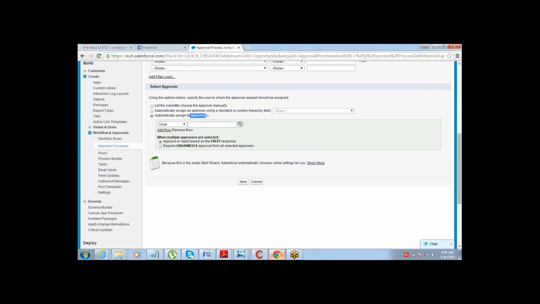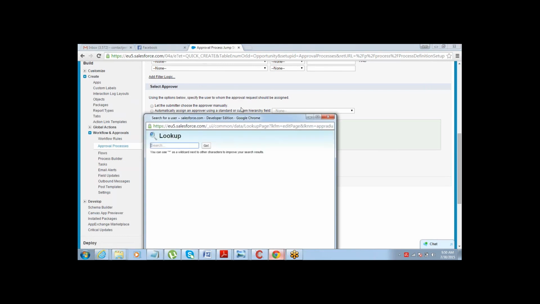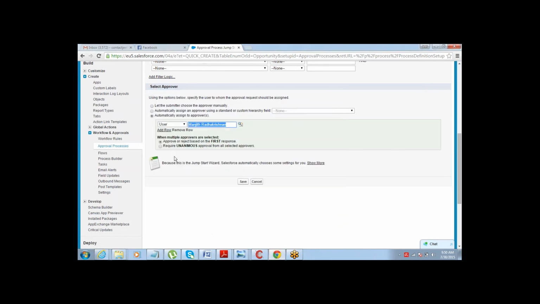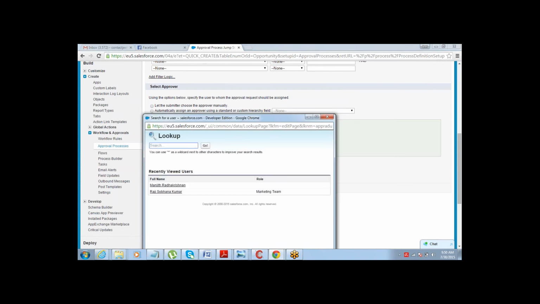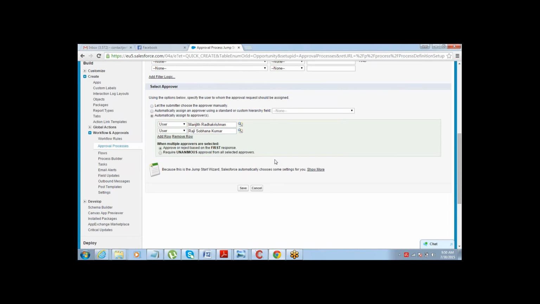Let's say one of my approvers is this, and I have one more approver, this. So whenever I'm defining multiple approvers, I will have either of these two options. Either I want the record to be approved by both of them, and then only it should be considered as approved, or the other situation can be if one of them approves, it should be considered as approved.